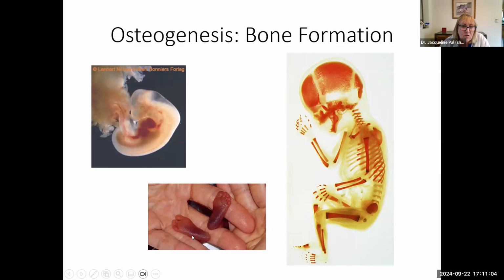By the time you get down to where you see these cute little feet in the bottom, that is at about 21 weeks gestation. So a lot more bones have formed. And by the time you're about ready to be born, we can see that the skeleton is not complete. You may think the skeleton is complete because the baby looks like a normal baby, but you can see that there's actually a lot of gaps between the bones. Bones are not all formed at birth.